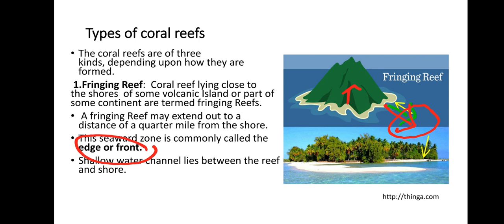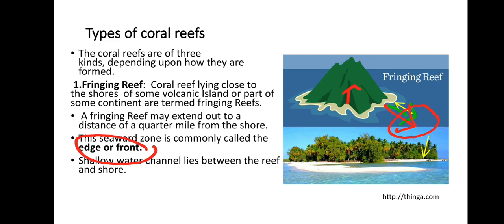And one more thing you have to remember, for the coral reef to be formed, the water temperature must be at least above 20 degrees Celsius. So that means you won't find these coral reefs anywhere and everywhere. It should be about 20 degrees Celsius or above, and usually the amount of light that falls and the amount of sediments that are present also control the amount of reef that is formed.